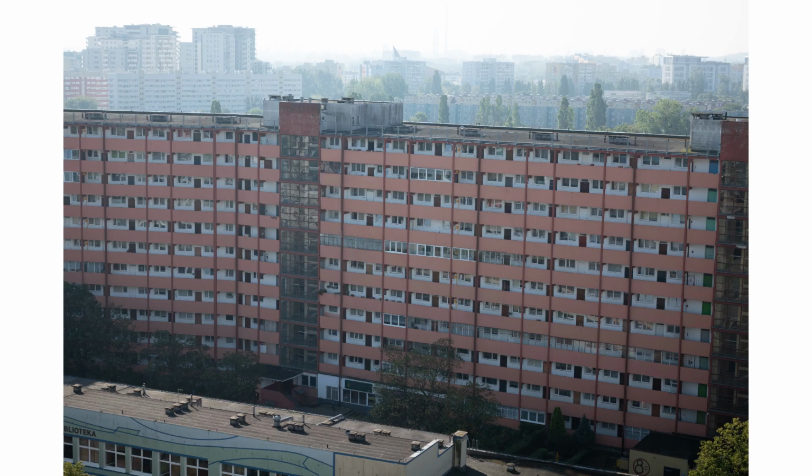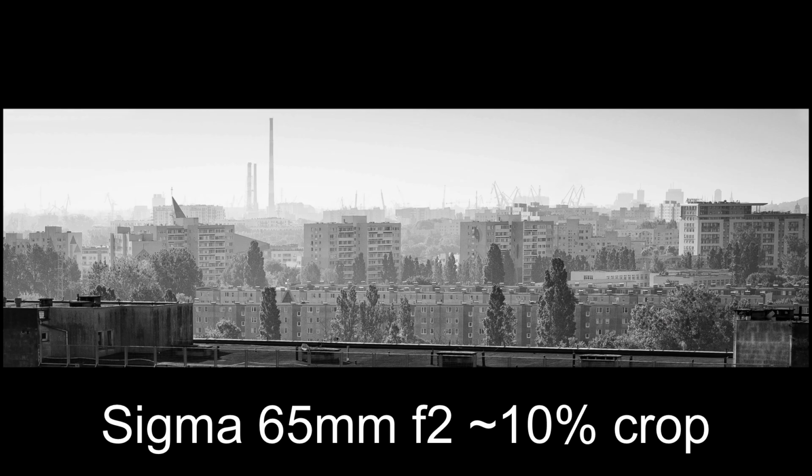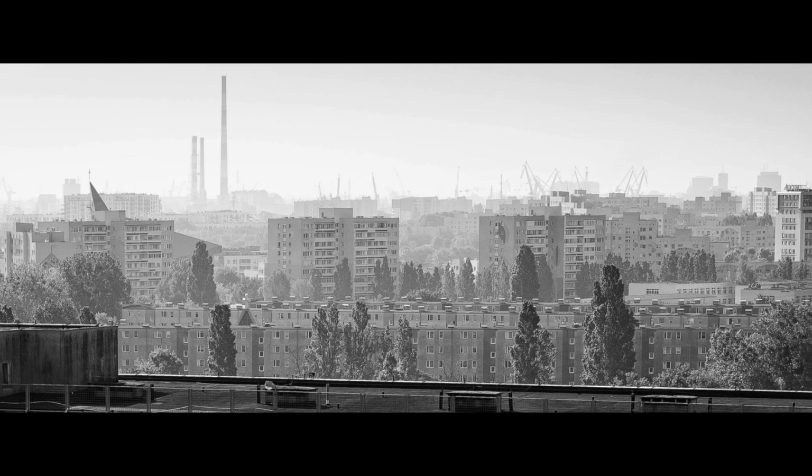I was so impressed when pixel peeping that I actually took a probably less than 10% crop of this top corner of the image and posted it on my Flickr, and I think this is shot at f8. You can see it on my Flickr, and the detail is just absolutely ridiculous. I cropped it as a bit of an X-Pan style crop, so that's compared to the APO, but I